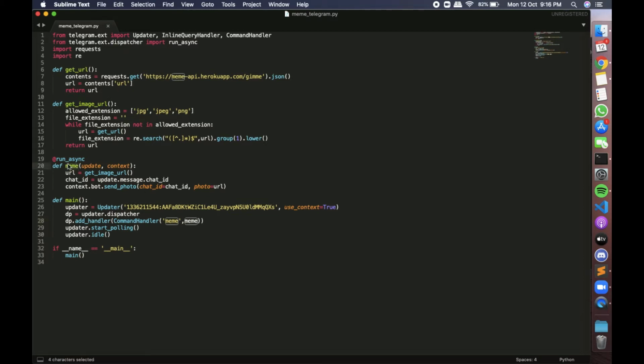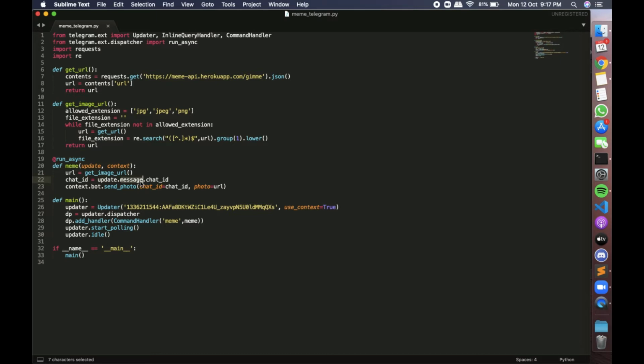What this does is, it gets the image URL that we will be sending the user from the above function, and after we get the image URL, we get the chat ID from the Telegram bot library using this line, update.message.chat_id. What is chat ID? Whenever we interact with the Telegram bot, it creates a new chat, and that chat will have a chat ID.